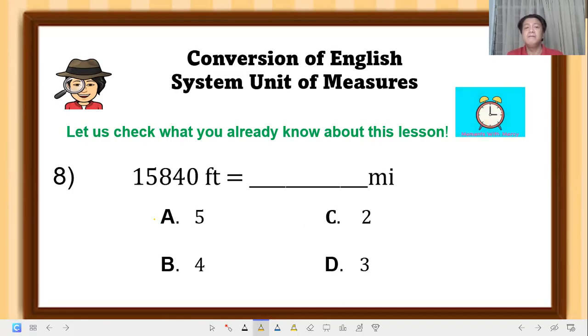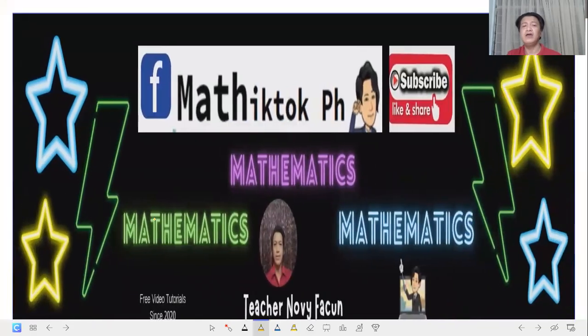Okay, let's have number 8. 15,840 feet is equal to how many miles? Okay, the answer is letter D, 3. Remember, we divide by 5,280. Okay, with that, I hope you learned something about measuring and